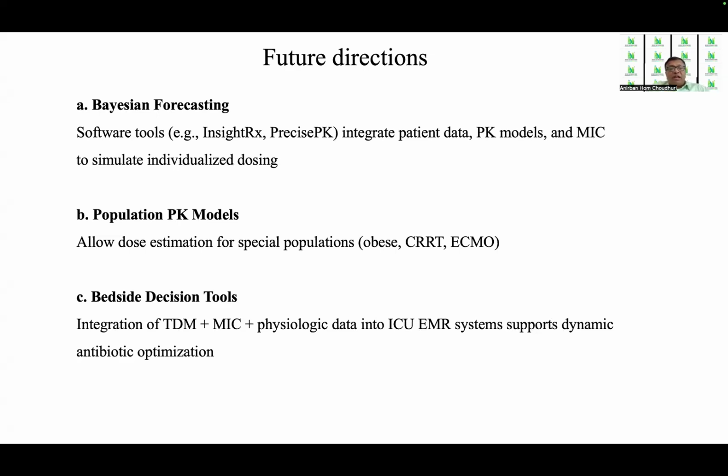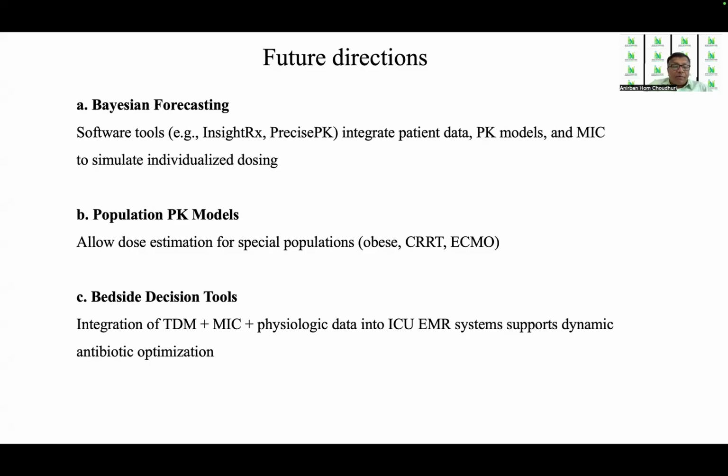So what is the future direction? First, Bayesian forecasting, where software tools like InsightRx and Precise PK integrate patient data, PK models, and MIC. All of this can be used to simulate individualized dosing. Second, population PK models, which allow estimation for special populations like ECMO, CRRT, etc. Bedside decision tools are also an option for the future, where integration of therapeutic drug monitoring, MIC, and physiological data into the ICU or EMR systems can support